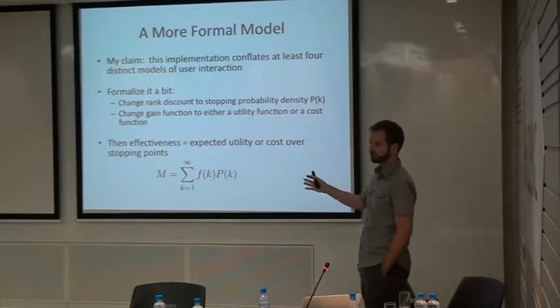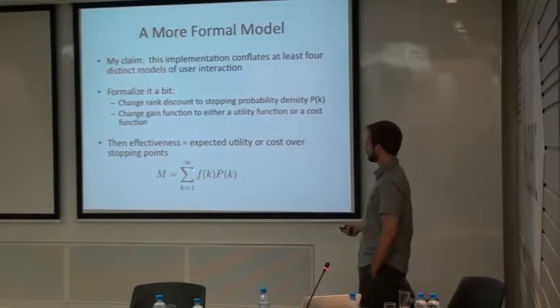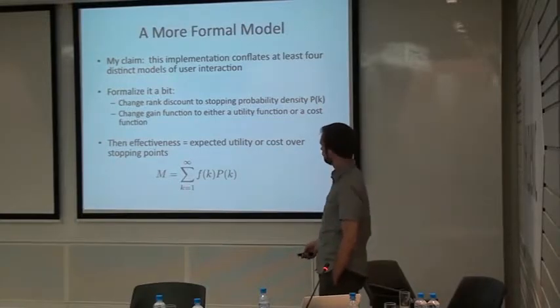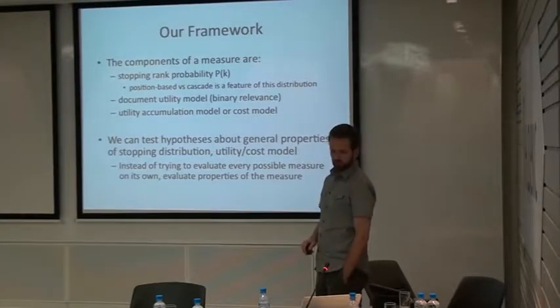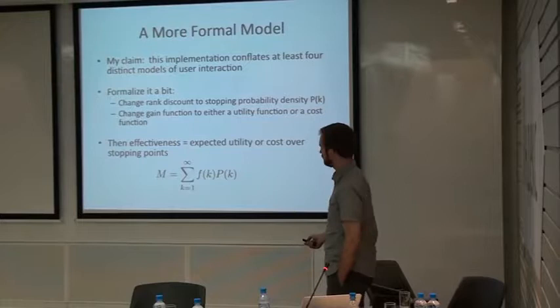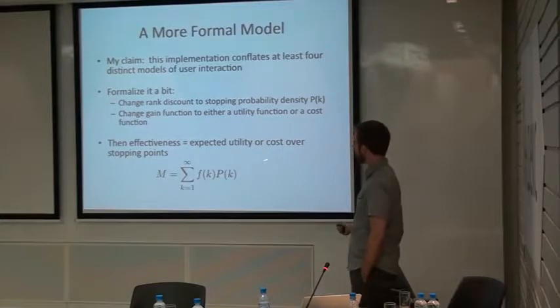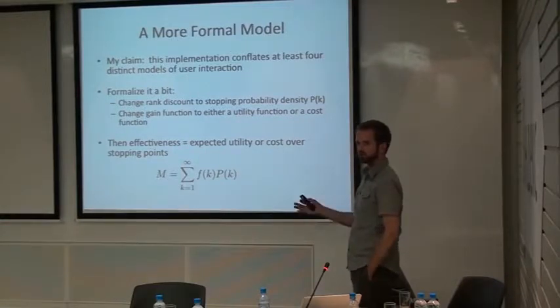So you view the next item, you decide how relevant it is. If it's highly relevant, then there's some probability that you go on to the next one and some probability that you stop. If it's somewhat relevant, then there's some probability you go on to the next one and some that you stop. And if it's not relevant, there's some probability you go to the next one and some probability that you stop. And typically, theta 1 would be the lowest probability, and theta 3 would be the highest probability. And that's to account for the fact that you're more likely to continue going on if you haven't found anything relevant, whereas you're less likely to continue going on if you found the most relevant thing.